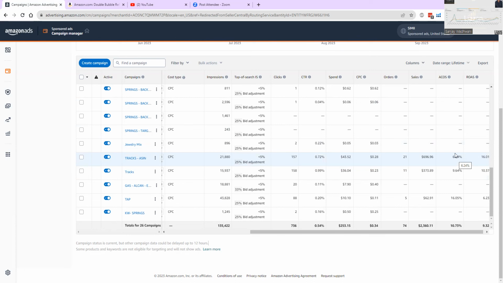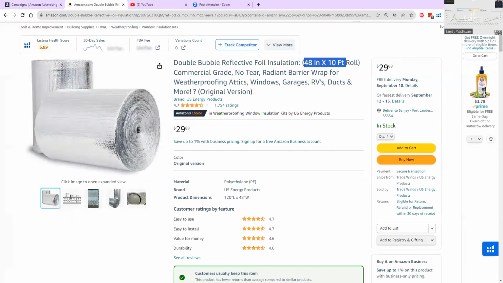The one thing that you really want to touch is you want to go and test the keywords. You want to go and test which keywords are working and which are not working. And there are several ways to test the keywords. You can use Helium 10, you can use Jungle Scout. There are so many software tools out there that you can use to test.